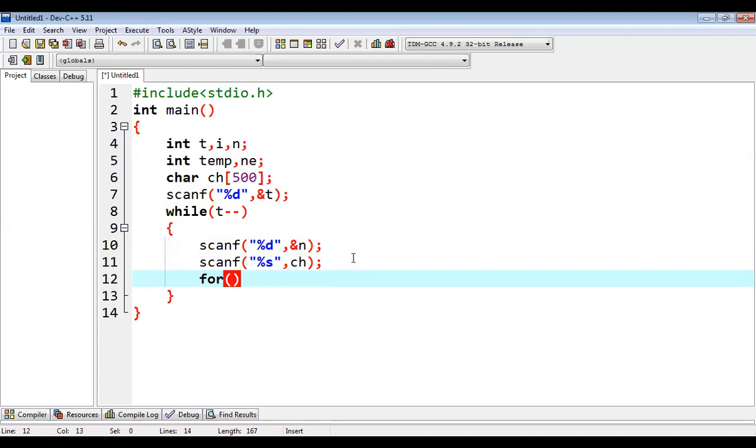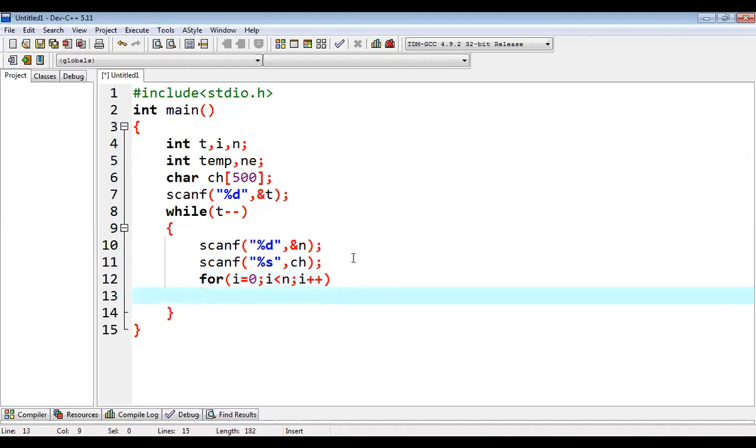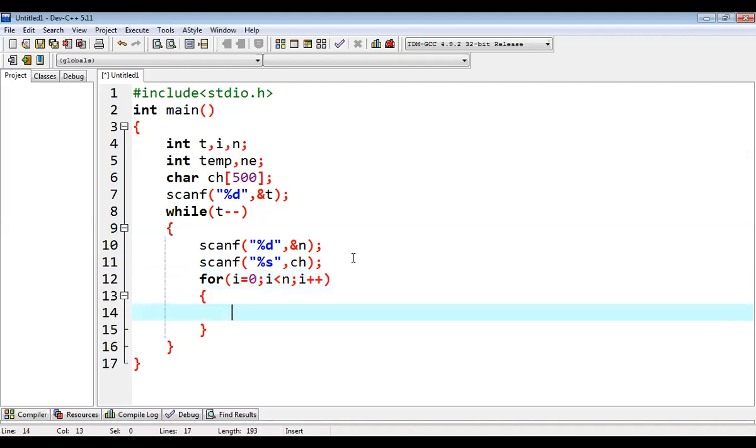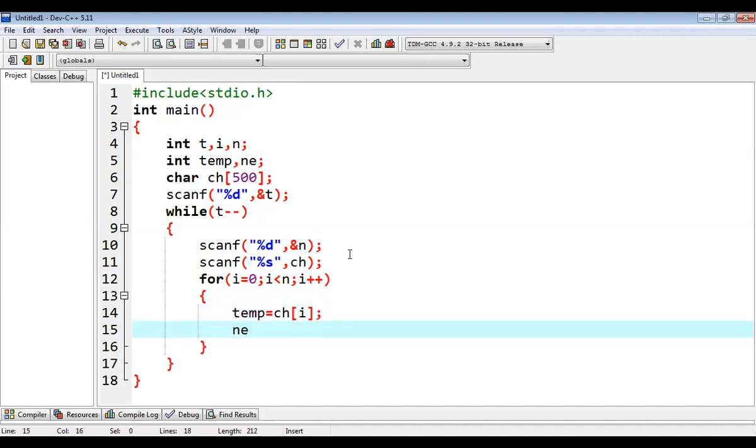Now what we have to do is start the loop till the length of the array. And we'll be taking the first character into the temporary. Then we'll be calling a function next.